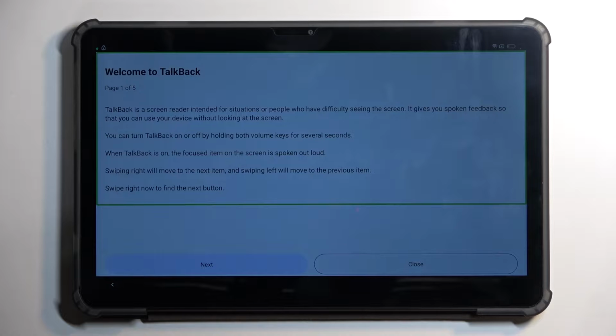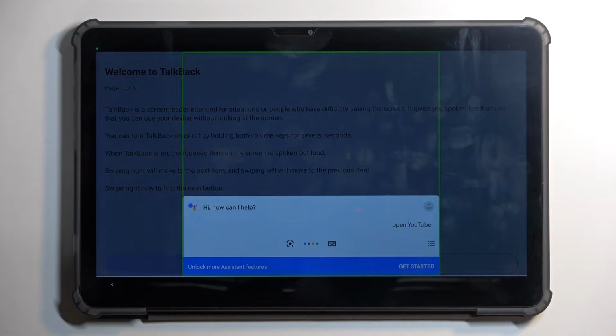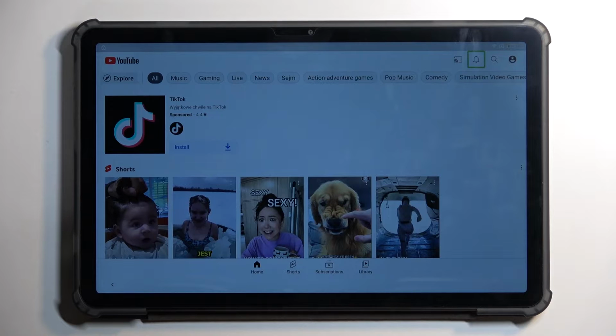Open Google Assistant. Open YouTube. Opening YouTube. Now once you have opened up YouTube, we will now need to suspend TalkBack, and we can do